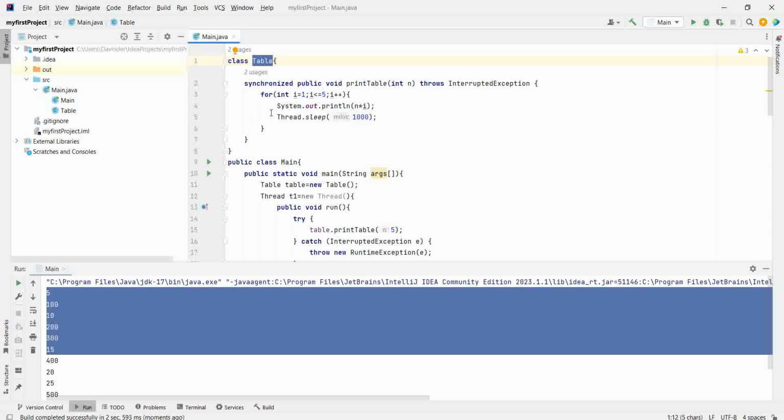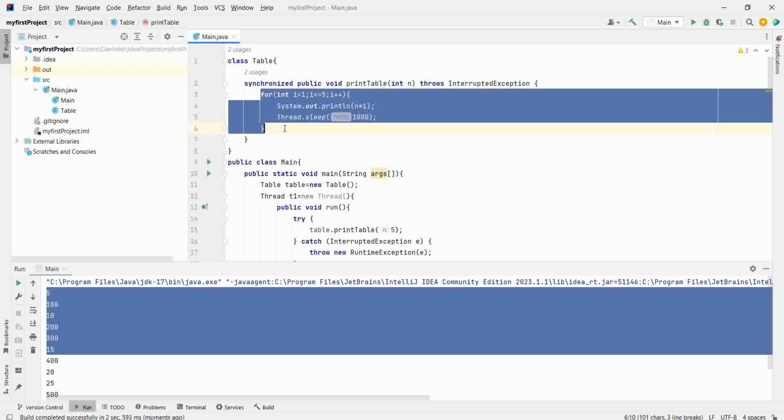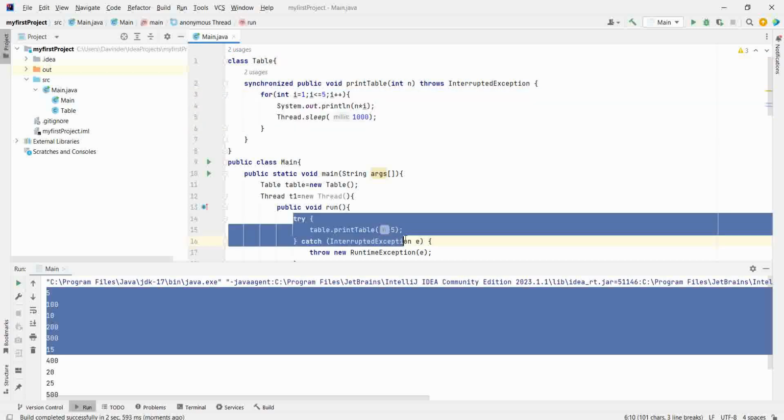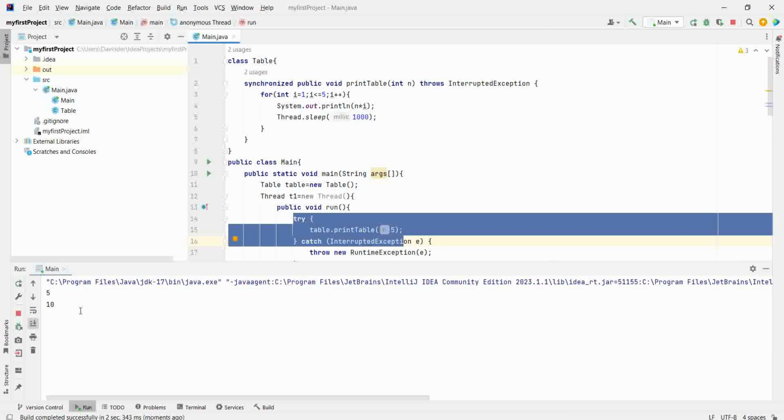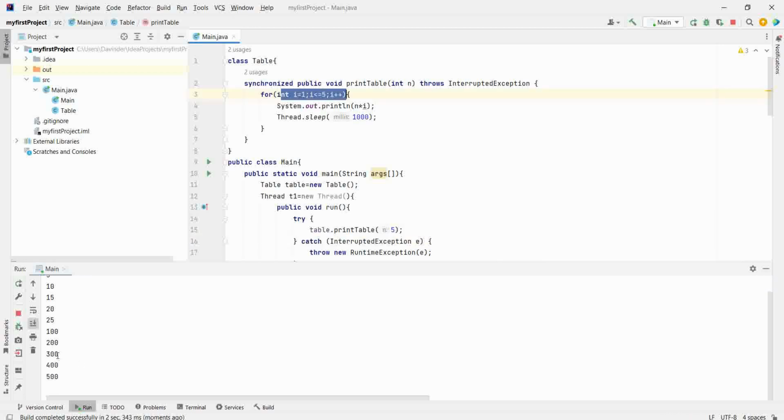So first the complete code will get executed for one of the threads, then the next thread will start. Let's run this. Indeed. So first the complete table of 5 will be printed up to 5 into 5. Then the table of 100 will be printed.